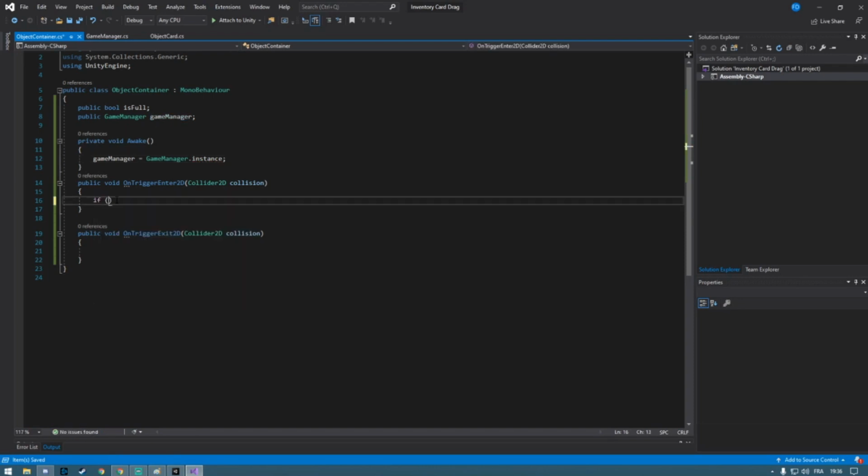So here, if gameManager dragging object is not null, and also if isFull equals false,